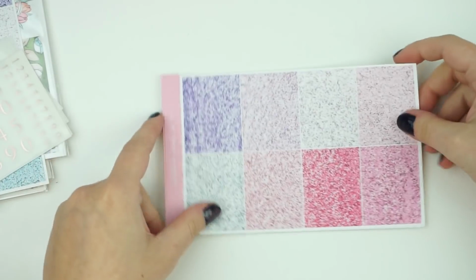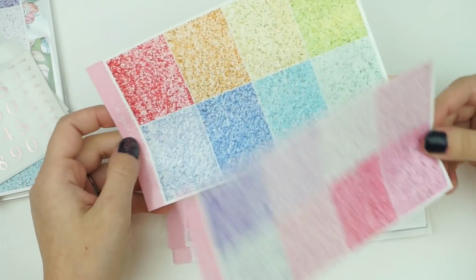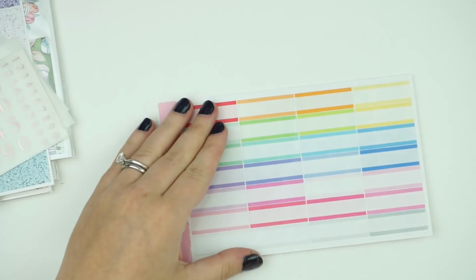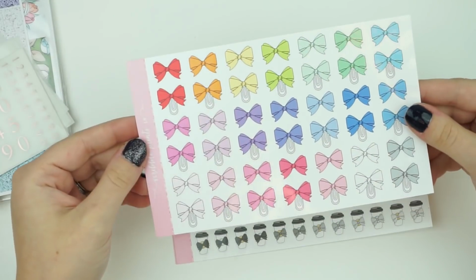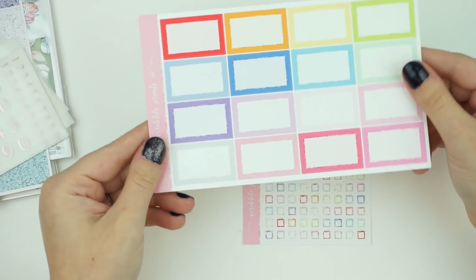So let's go over the new releases here for the spring multicolor. You do have the glitter header, which comes with the 2 pages. Super cute. Then there are the work labels, the regular fancy labels, solid. Then you have the bows, the coffee cups, the square boxes,